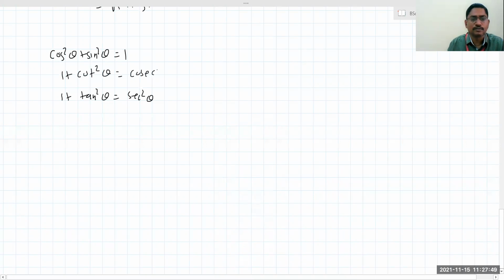Okay, and then the sine 2 theta formula, you know well, it is 2 times sine theta and cos theta. That we know. In this example, I put theta instead of 2 theta. This theta is your 2t, so there I can apply it.